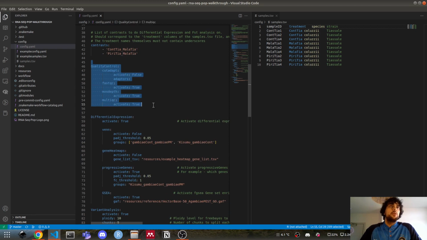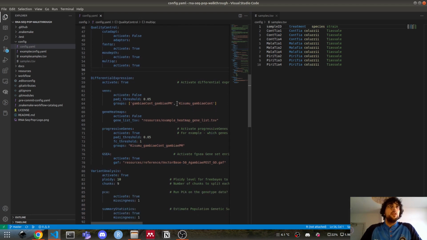We say whether we want to activate certain bits of the quality control. To do that, we just change trues to falses. I'm going to keep that true. Do we want to activate differential expression analysis? And then within that, there are various modules. So we can make Venn diagrams. We can even produce heat maps of specific gene lists if we want.